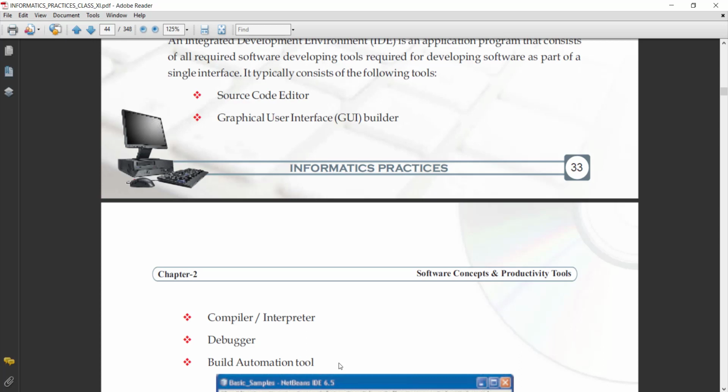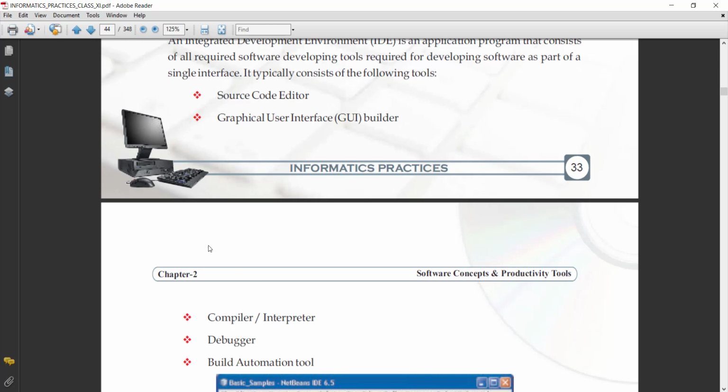Clear? It also provides build automation. With the help of build automation, it also provides different types of built-in tools. With the help of these built-in tools, we can easily generate different types of applications in the environment.